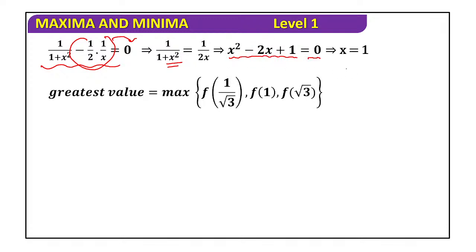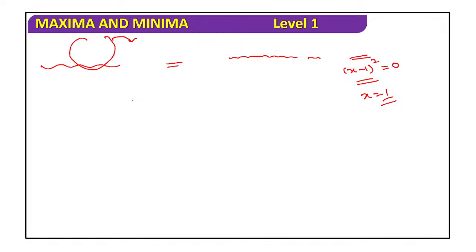If you simplify this, you can just see that (x minus 1) whole square equal to 0 will give you the required solution, so that x will be equal to 1. Okay, x will be equal to 1. So if I take x equal to 1 in the given function,